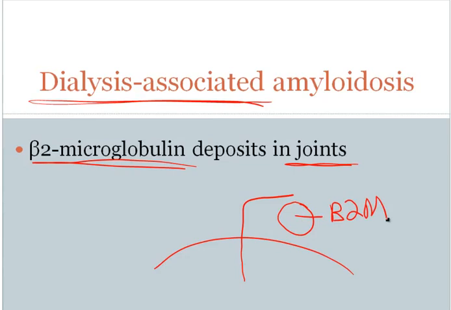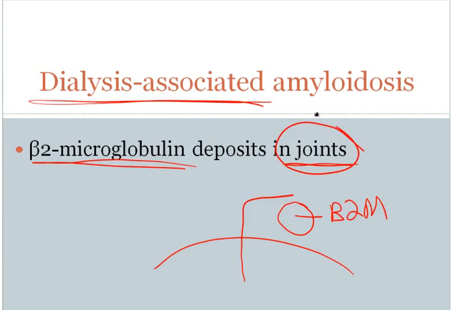Now, patients who get kidney failure and have to go on dialysis, when they go on dialysis, the beta-2 microglobulin is not filtered well from the blood. And so because it's not filtered well, it builds up in the blood. And as it builds up in the blood, it can deposit in joints. And these are the classic high yields of this particular entity. Again, it's dialysis associated. The deposition is beta-2 microglobulin. Beta-2 microglobulin is a structural component of MHC class 1, and this beta-2 microglobulin will deposit in joints